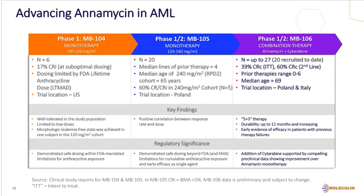Our next clinical trial, MB105, treated refractory and relapsed AML patients who had an average of 4 prior treatment regimens. They were treated with Annamycin as monotherapy in the study in cohorts with dosages ranging from 120 to 240 milligrams per meter square. Of note, at the 240 milligram per meter square dosing cohort, 3 of the 5 patients treated met the criteria for CRs or CRIs, and we identified no cardiotoxicity in this study, and we did not